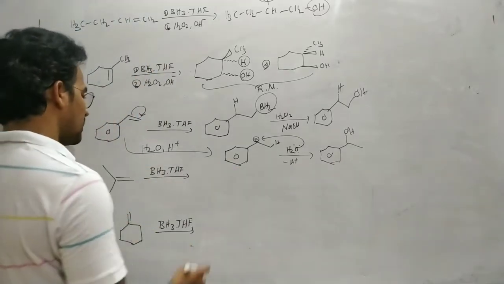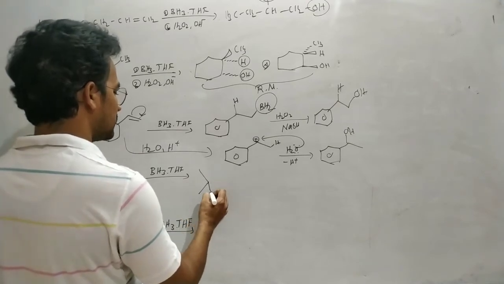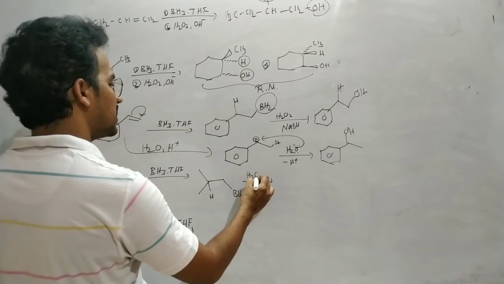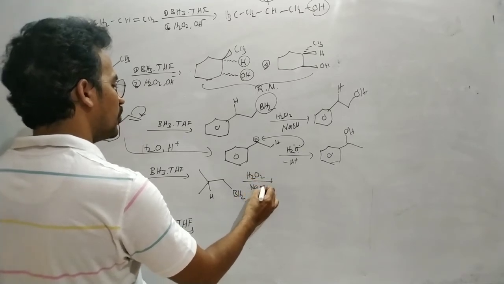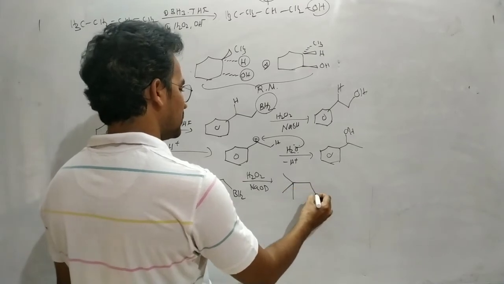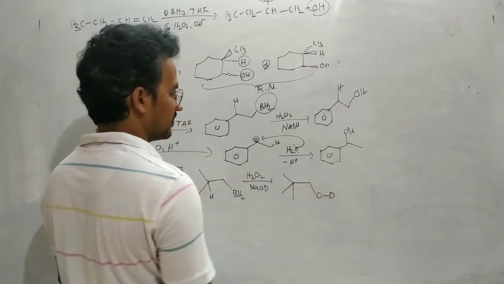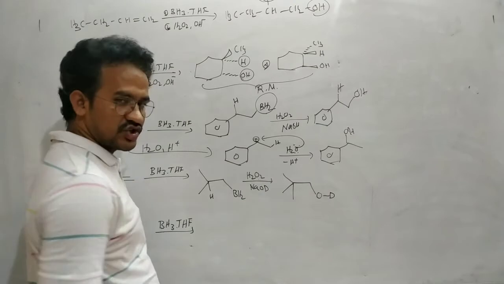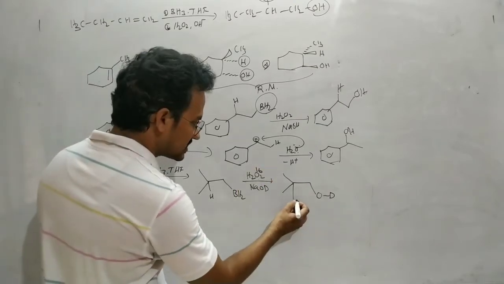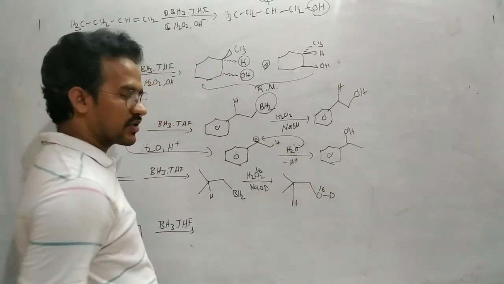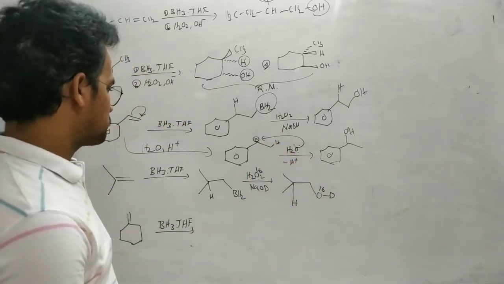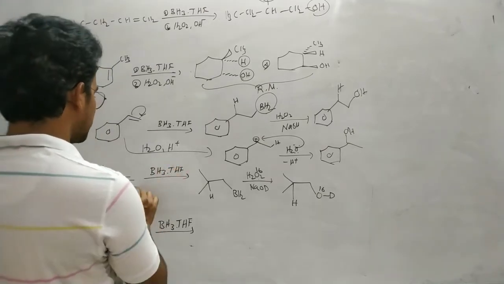Now you see this one, BH3. So first here hydrogen and this is BH2. Now here I am taking H2O2, NaOD. As a result, in this reaction, this oxygen in OD comes from the H2O2. We can take it like this also: here O16 isotopic oxygen. Then in this case, O16 we can see in the product. And this deuterium is from the NaOD. That's it.